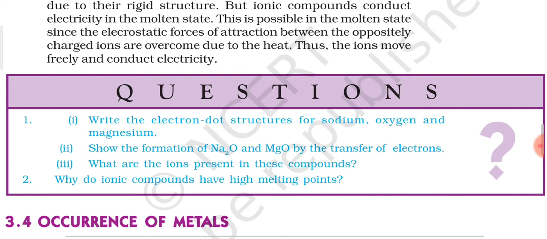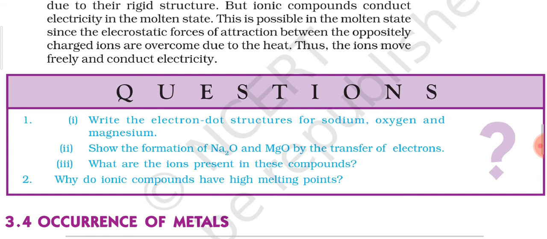So when we provide heat energy, if the ionic compound has to convert from solid to liquid state, then first of all it has to overcome the strong electrostatic force of attraction, and to overcome this strong force of attraction, we need to provide a very high amount of heat energy, and that is why its melting point will be very high. The melting and boiling points of some ionic compounds are also given in the table. So there you can see.